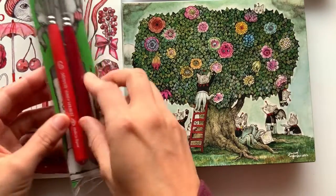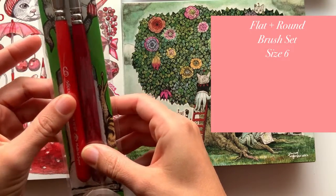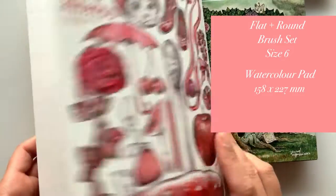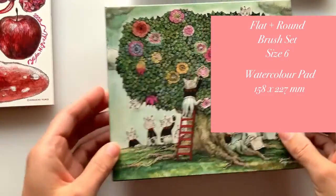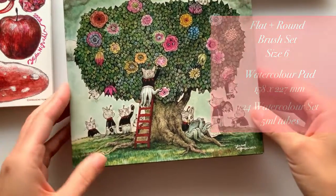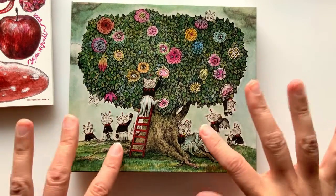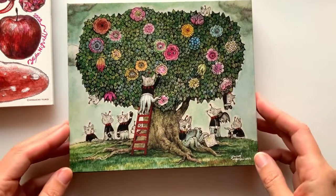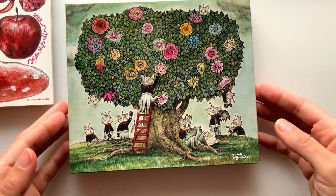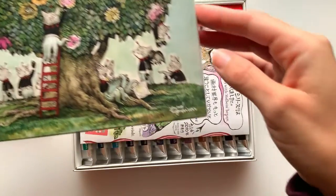So what I got was these two brushes. I've got a flat and a round, number 6, and I picked up a watercolor pad and a set of 24 watercolors. I've never tried the Holbein watercolors before, so that'll be a first. And I just thought, this is the perfect way to try it. It was an investment for sure, and it's something special. Because look,